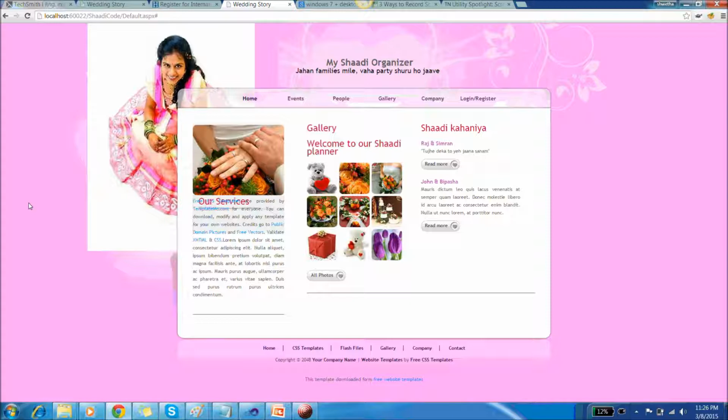So it only makes sense that an app considers the role of every member in a family and how they make this event a success. So that's why My Shadi Organizer. With this, you get to organize your shadi along with your relatives, your family members, and your friends who come together, take up responsibilities, and make this happen.